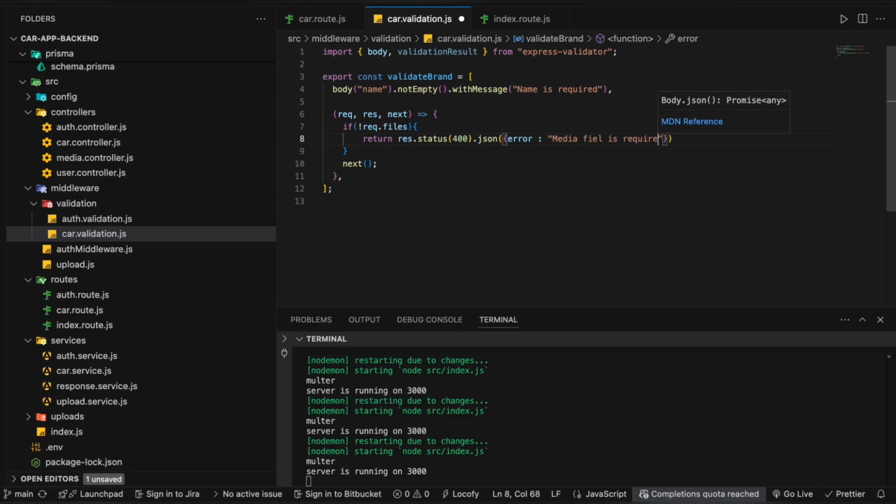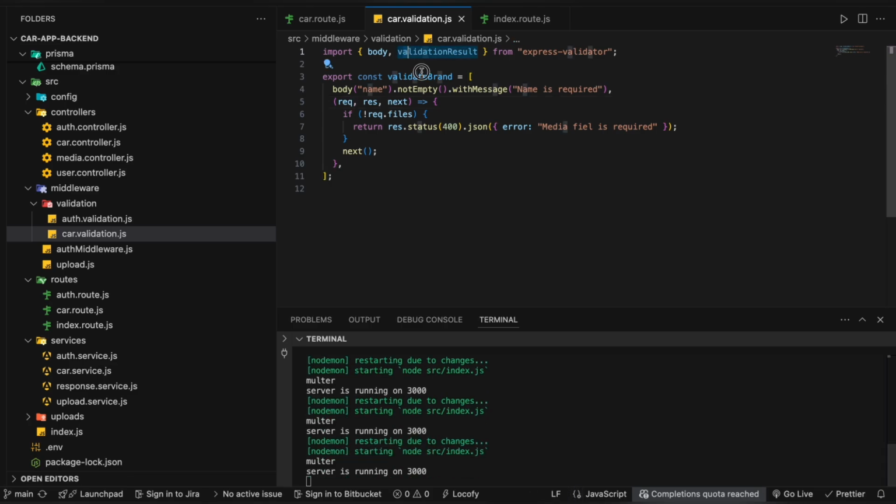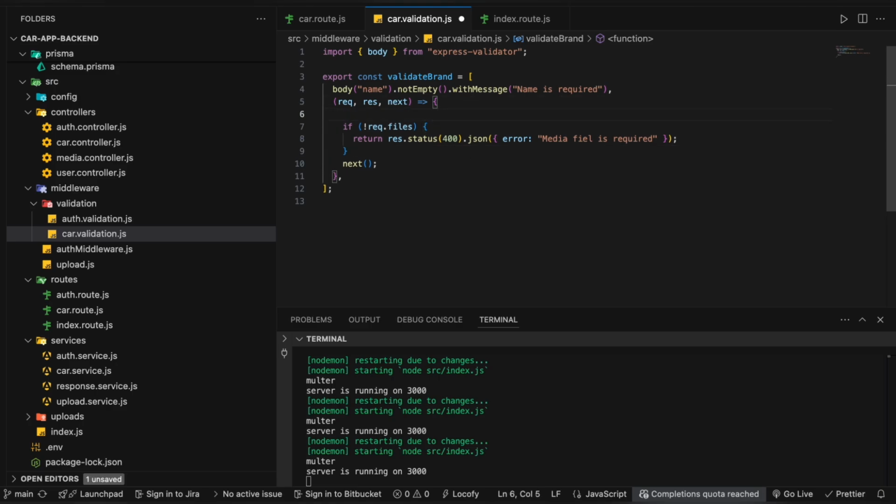file is required. Similarly, you have to do it for the cars, which is basically add car API. So just add validate car and it will do your work. Okay, so I think now here we are done. And also one thing, let me just add that here. I think this is for the